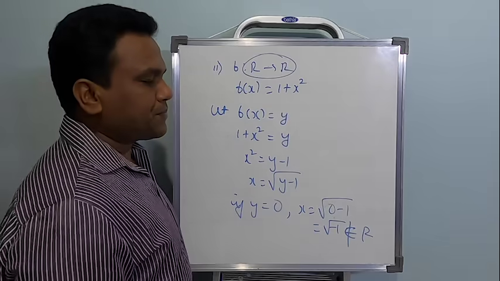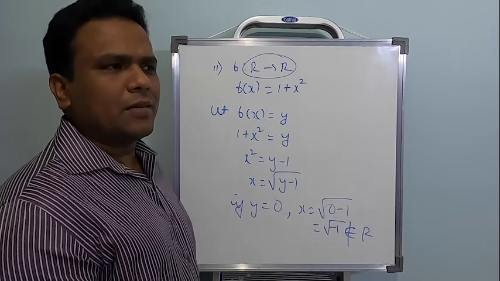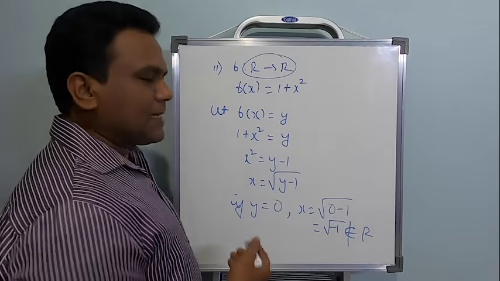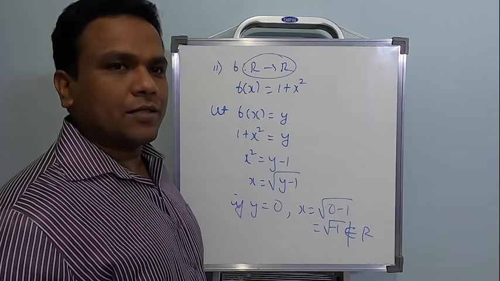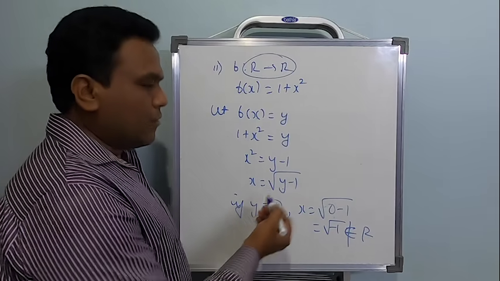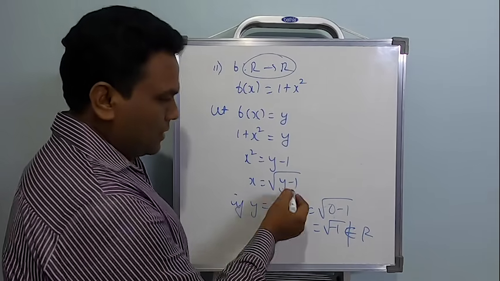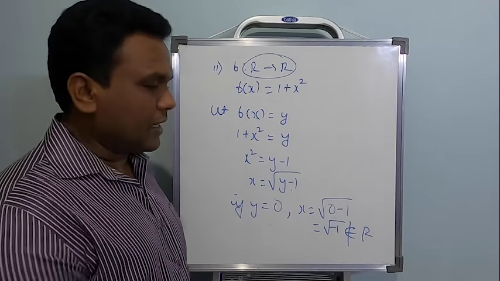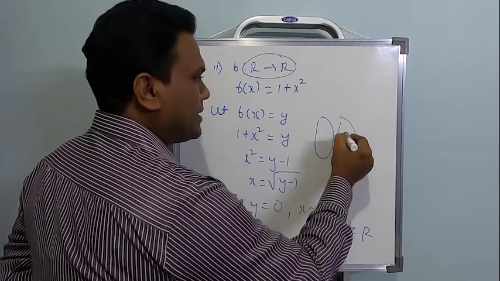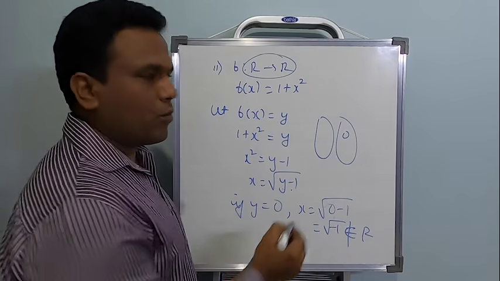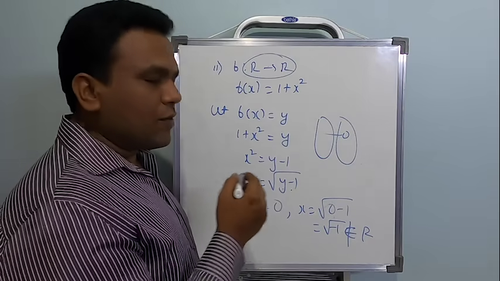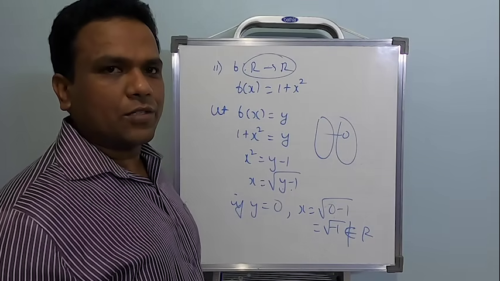See students, when I get square root or some irrational powers actually, right? So it's better to give an example to check for onto condition. So what you can do is, you give any value of y which is less than 1. For any value of y less than 1, this value is always going to be negative. Hence you cannot say it's going to be an onto. So the meaning of this is, there is an element 0 belongs to the codomain. This does not have a pre-image. Hence the given function is not going to be an onto function.